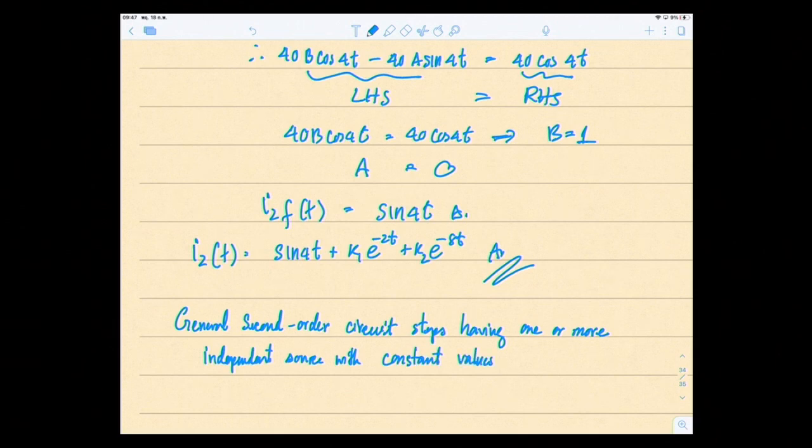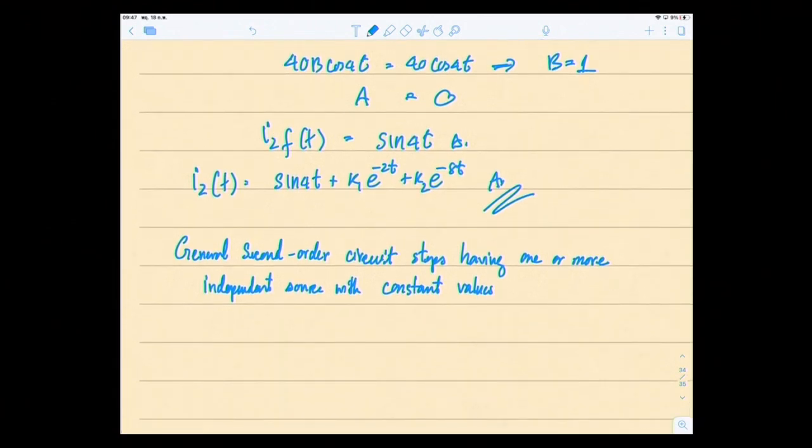It's like we're dealing with a DC circuit. Okay, so step 1, similar to the step response for the first order circuit. Okay, but it would take a little longer. So step 1, we have to determine the